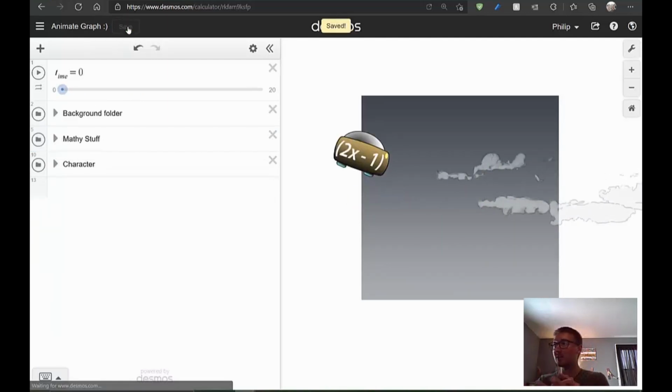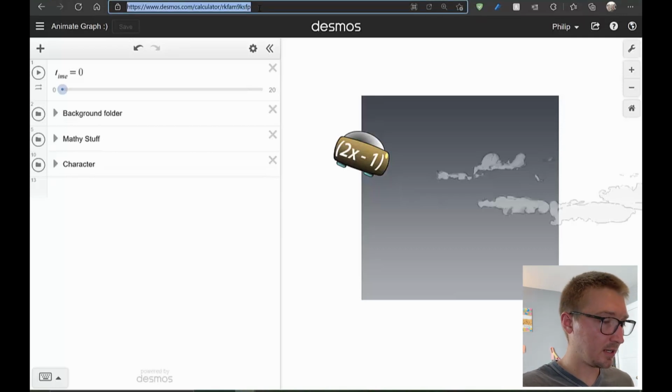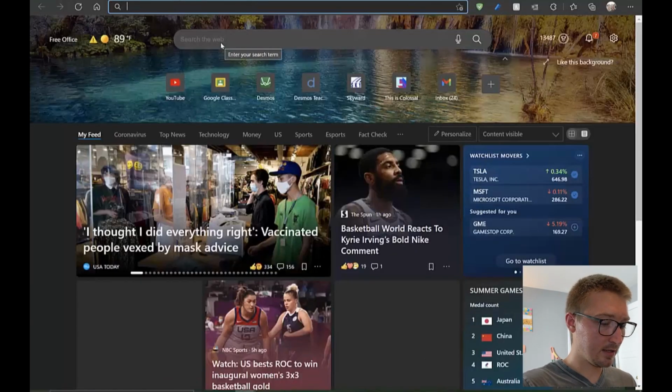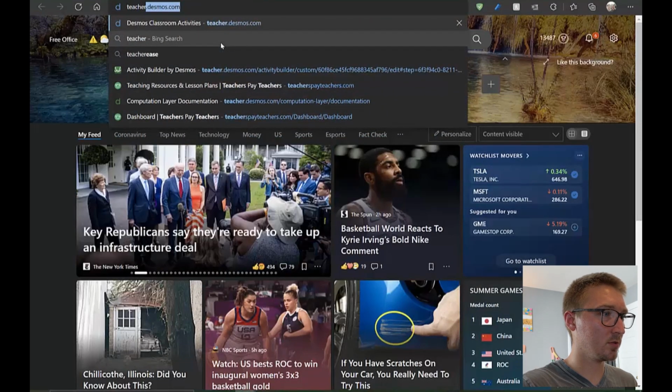And now that we have this saved in Desmos, we're going to go ahead and shift over to the Activity Builder, which is where the hooking up happens. So I always create my scene, that way I can save it, and then I hook it up later, and usually it takes less time in the activity, a little bit more efficient. So the first thing that you're going to need to do is copy the URL at the top, so that's your website address, and then I just usually Google, teacher Desmos,